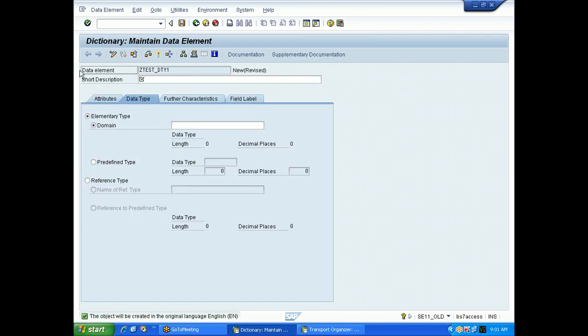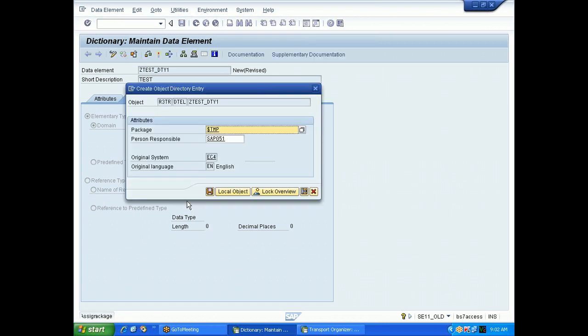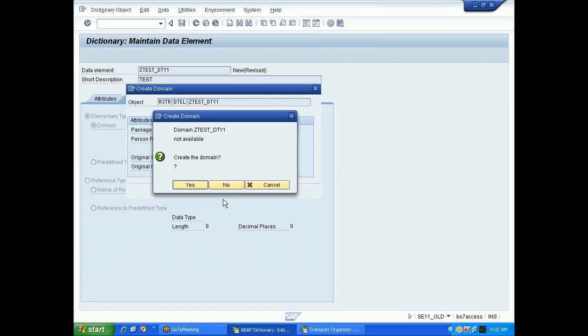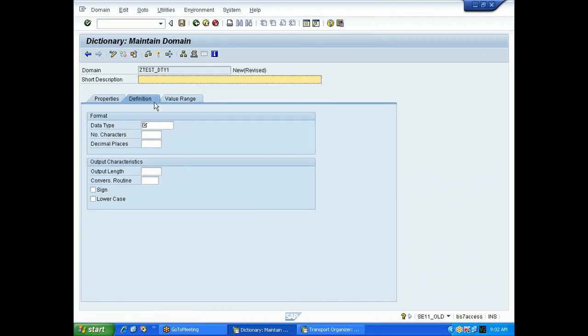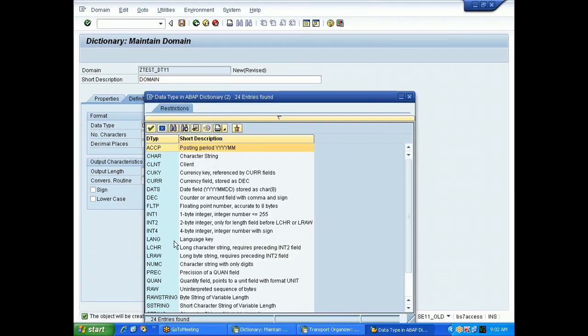Observe here, data element. Provide some description, test data element. You can give some domain here. A data element requires a domain, right? Give the domain name, double click, and the data type you can select from the list available here.